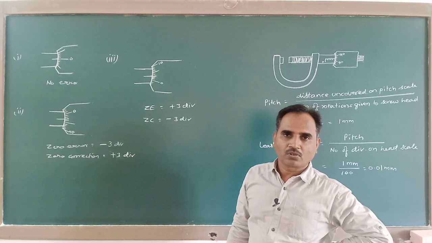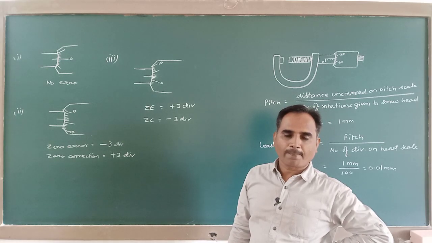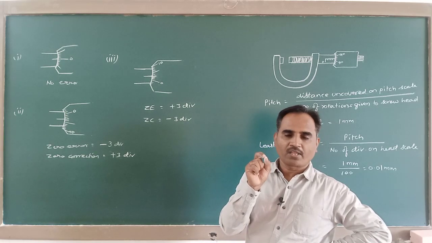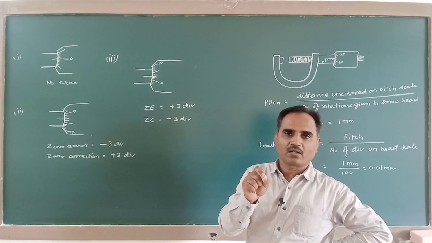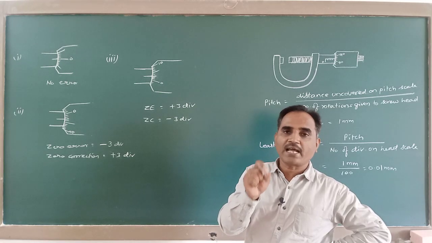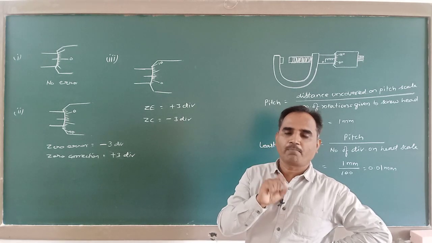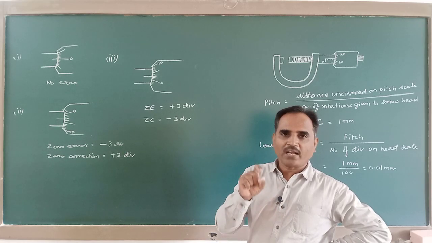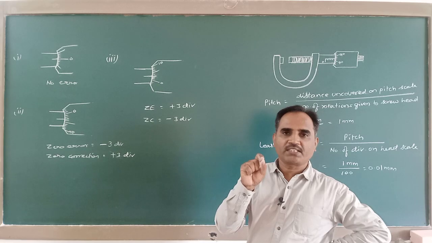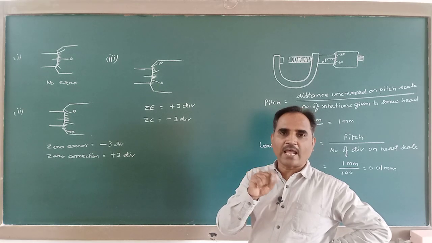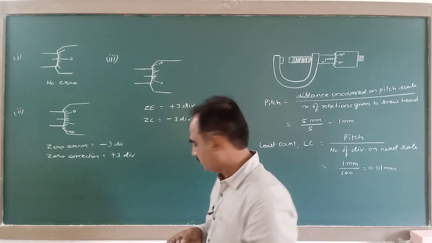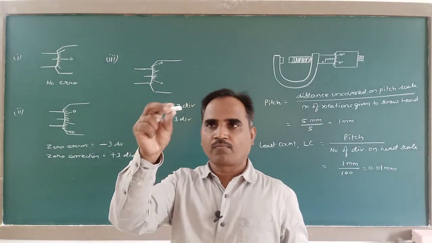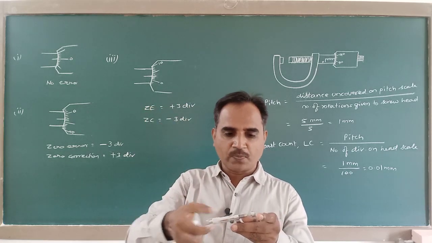Now, in the laboratory, we are going to find the thickness of a glass plate, thickness of a wire, diameter of a small sphere by using a screw gauge. So the wire whose thickness is to be found is fixed between the anvil and spindle. Say I want to find the diameter of this object. So I fix it between the anvil and spindle like this.